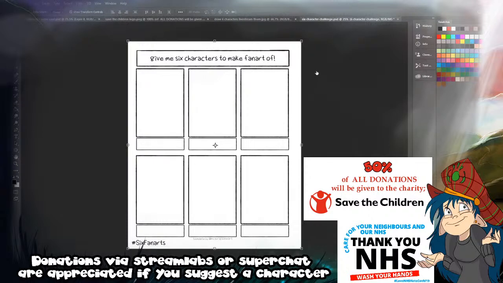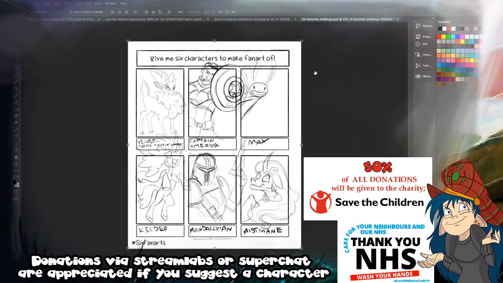Alright, so I just want to show you guys the pictures that we had so far. The first one we had was Velvet from Them's Fighting Herds, I think it is. Then Captain America, probably the worst drawing of Captain America in existence. Then Max from Sam and Max. Then Keldeo from Pokemon. The Mandalorian from Star Wars. And Mistmane from My Little Pony.